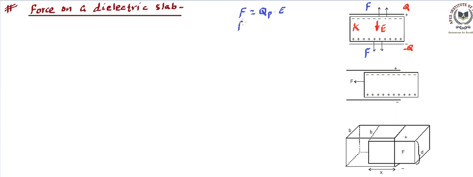So what will the net force become on the dielectric slab? We will say the net force on the dielectric slab will become 0 because the forces are acting in opposite directions and are equal. But yes, this force can have effects on the dielectric slab. Can you find out the effects? Yes, this force will try to stretch the dielectric slab. So if it is asked what happens to the dielectric slab, does it move? You say no. What is the net force acting? You say 0.